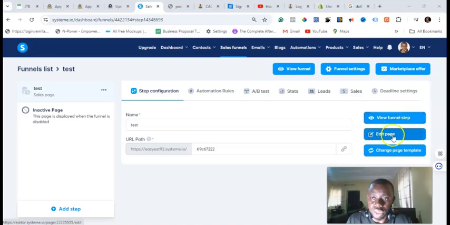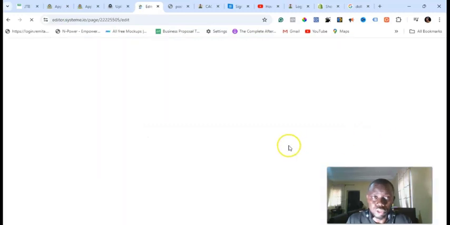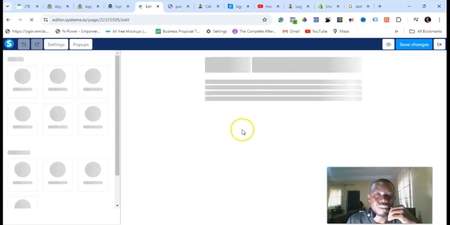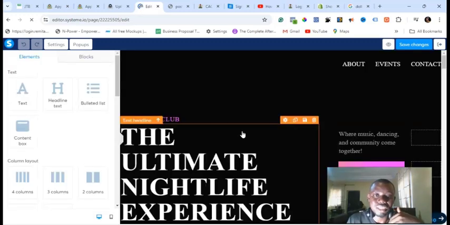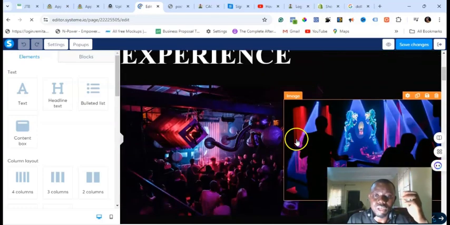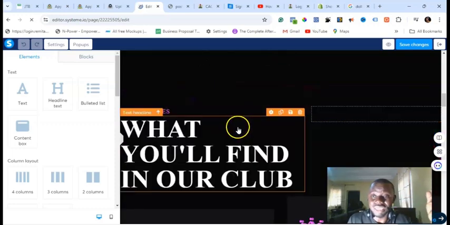You can click here to edit the page, or you can click here to change the page template. So let's click on edit the page so that we can make a few changes on the page. Whatever design you select, there are different options you have for making changes on the website. Whatever you're picking, don't let it be too bulky or too crowded, because the objective of doing this, especially for those who want to lead people to their WhatsApp group,